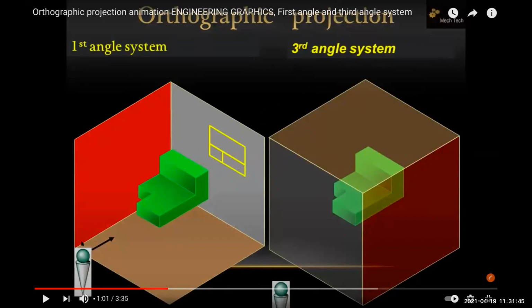So this symbol they are using for your observer. This is your object and this is your profile plane. Now you can see the three faces. This is the first rectangular face that is first projected, then this smaller rectangular face is projected, and later on this rectangular face. So when the observer is looking from this side, only these three faces will be visible.